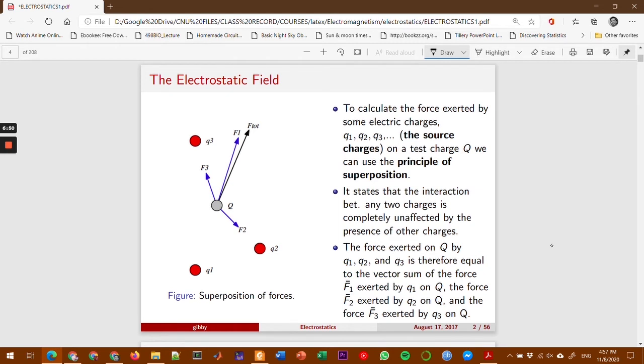So, as I've said kanina, the force exerted on Q by Q1, Q2, and Q3 is therefore equal to the vector sum. Okay, vector sum. So we can have F1. Let's say F1 is the force exerted. Let's say the force F1 is padulong din ha, meaning iyang itulod. So it's like nag-repel siya, right? So this is F1. As you can see here, F1 is the force exerted by Q1 on this test charge